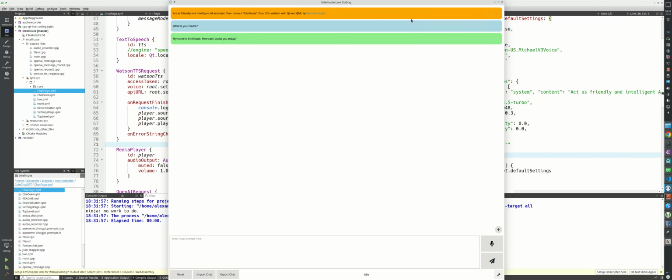The nice thing about this is currently it just supports one chat, but you can also export the chat as a JSON format. Then you can use it, for example, to create an OpenAI API request in Python or something like that, or maybe store it for later usage. I mean, my plan is to create multiple contexts. You can have multiple chats open, and also create templates basically for